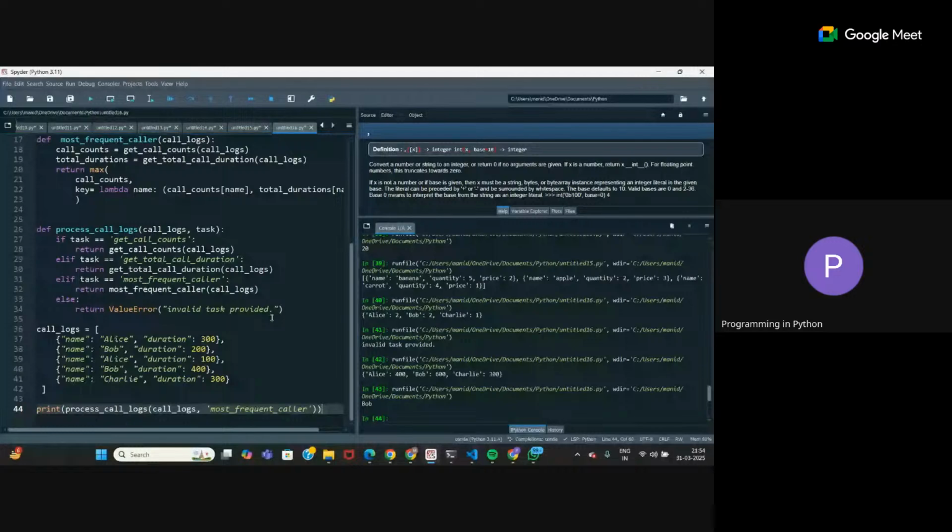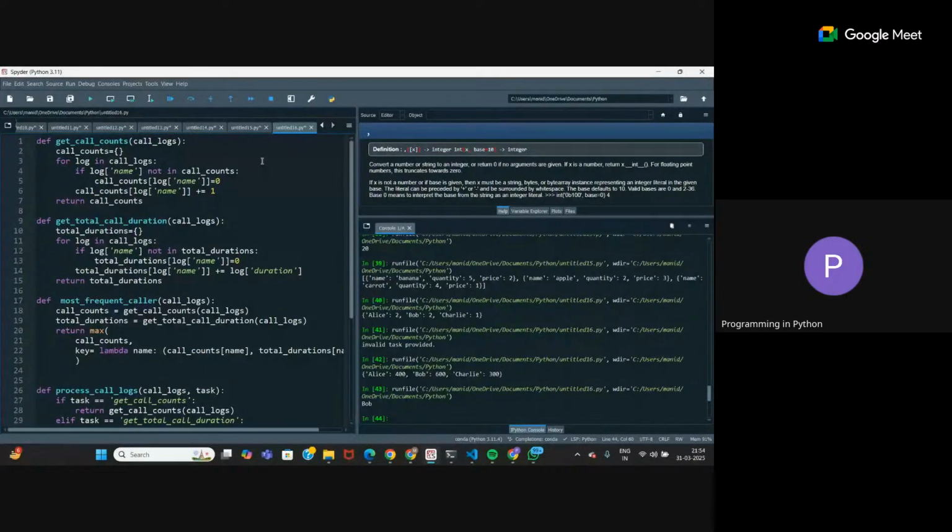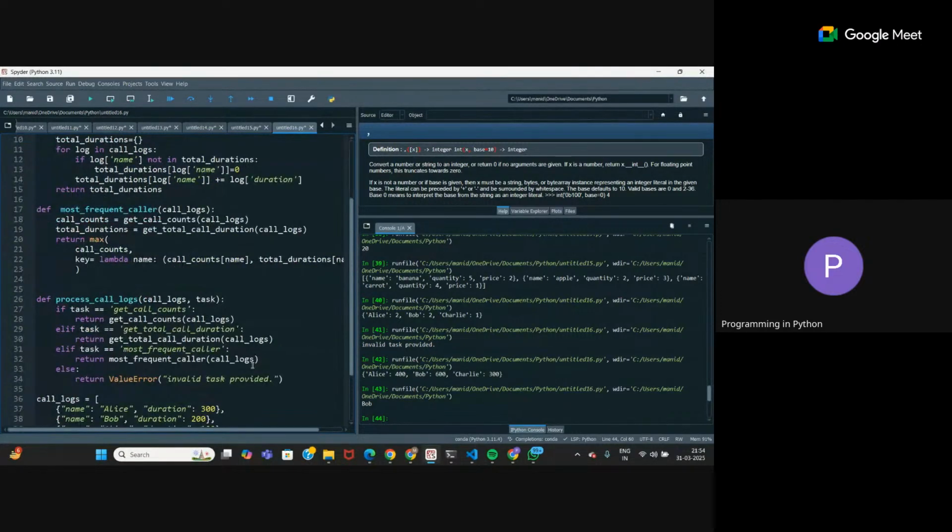Any problem in this? Anyone? Anything you did not understand? See, there is no need to use lambda functions if you are not comfortable. You can do it your own way. All of these that we are writing can be done without lambda functions also. It's just a bit of longer code. That's all.